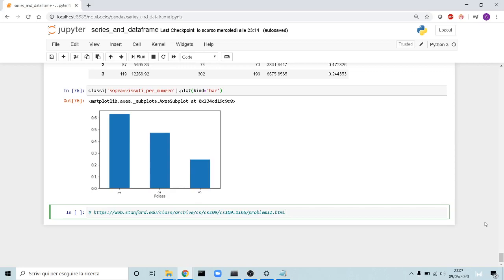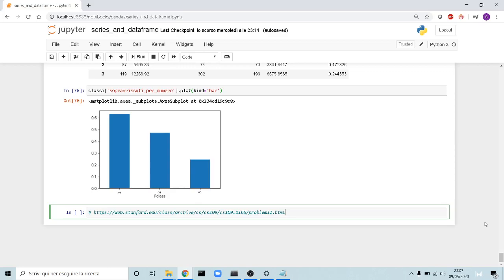Today we will see operations like group by and assign, which are all operations to modify and manage our data frame. And we will use as dataset